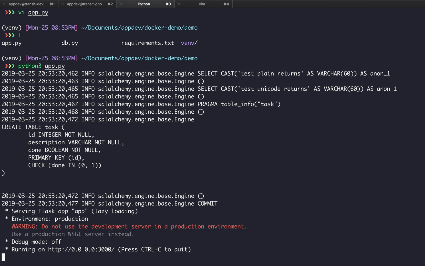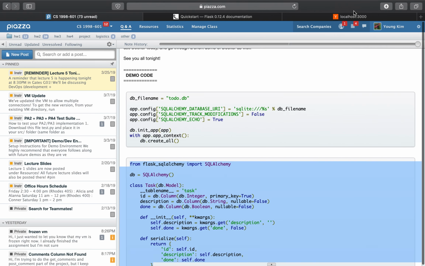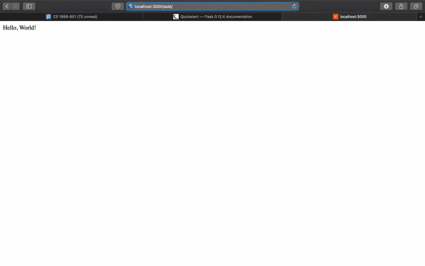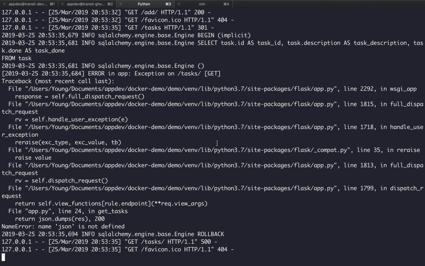It looks like the table was created successfully. I'm going to go into my localhost browser, make sure that Hello World still works. It still works. It's good. This is a good start. Okay, adding also works. And tasks. Okay, this is not as good, but